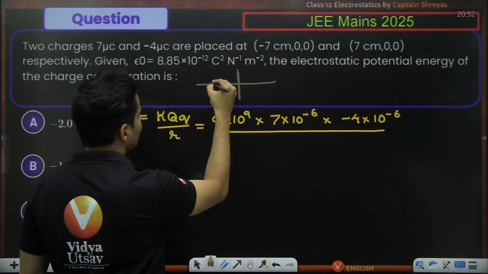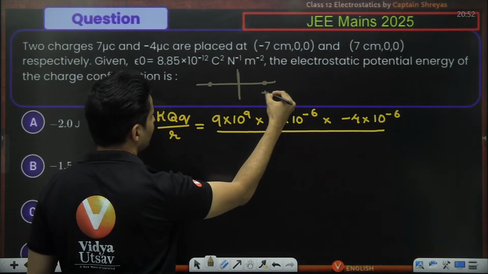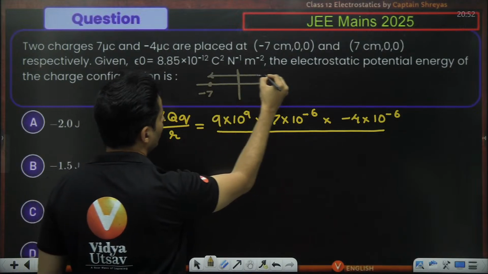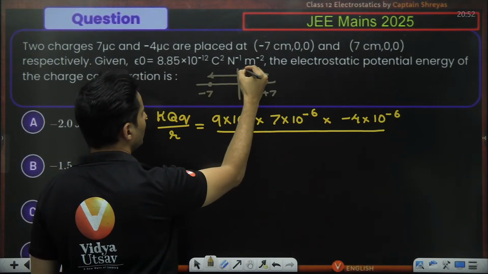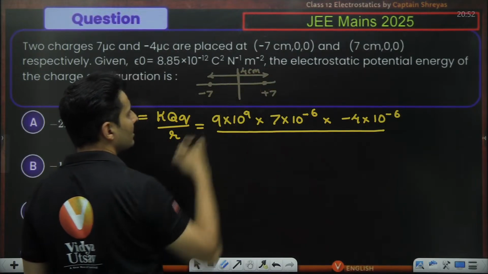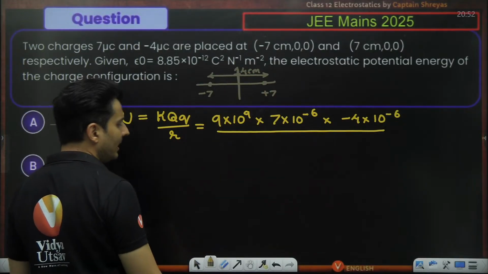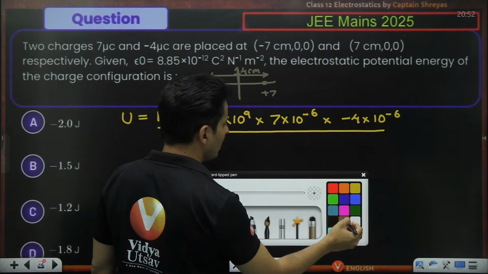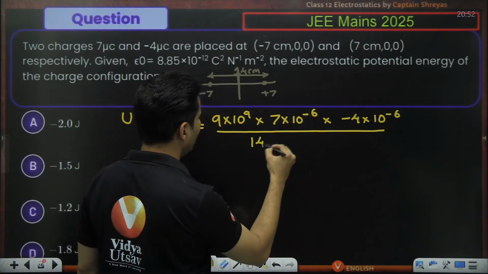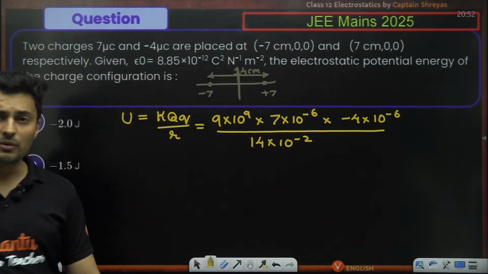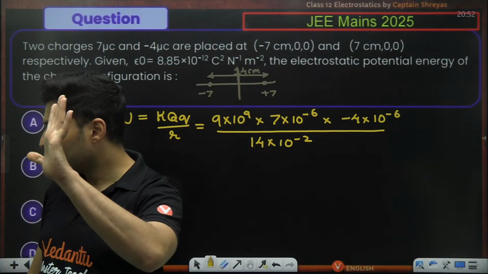One charge is here, the other charge is here. This is plus 7 centimeters, this is minus 7 centimeters. So what would be the total separation then? It should be nothing but 14 centimeters. Is that right? So let me put here 14 into 10 to the power minus 2. Do not do R square. R square will only come in your